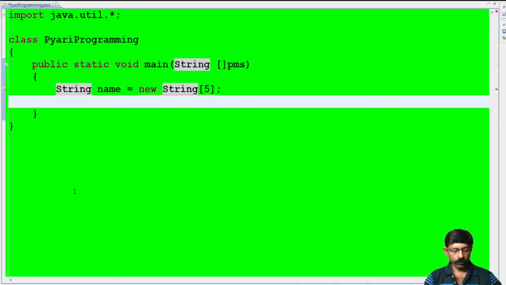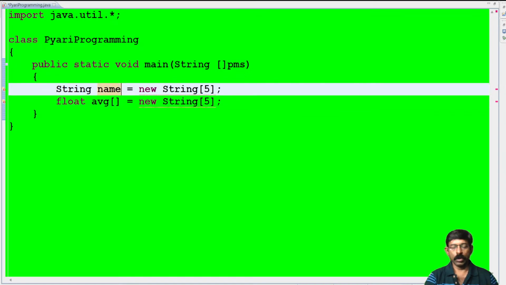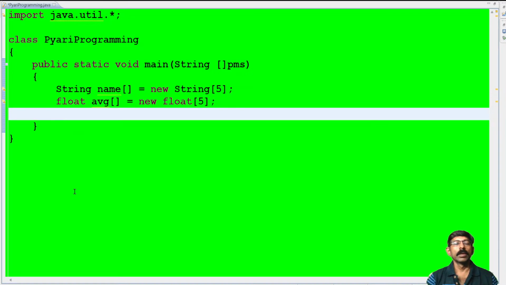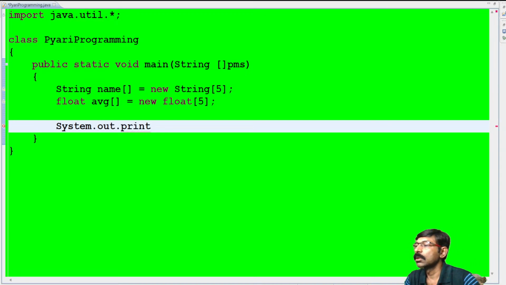Like this, for average mark, I will take float because a very small average mark will come under your float range. AVG square bracket is equals to new float where it is 5. After this, I will accept a message, display message system.out.print. Get ready that I'm going to ask